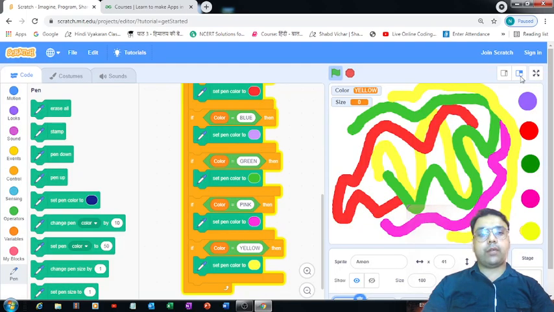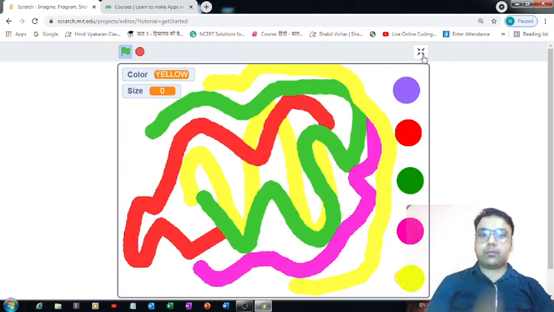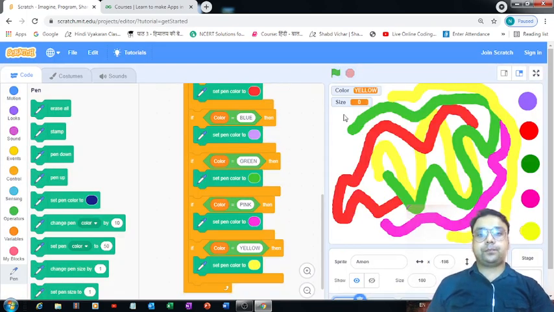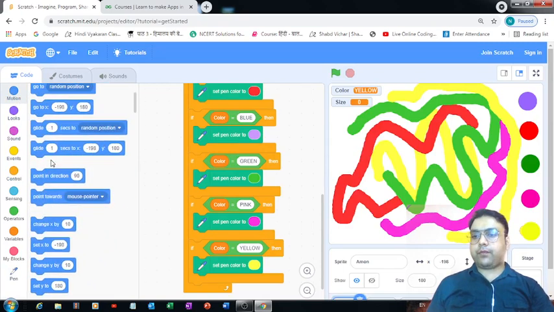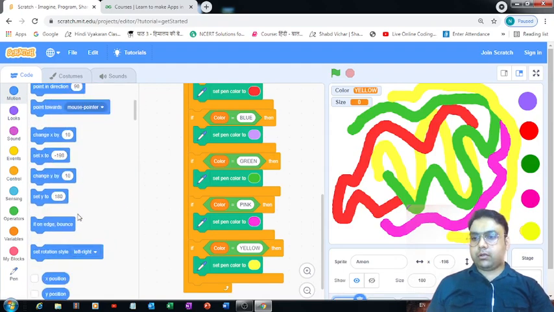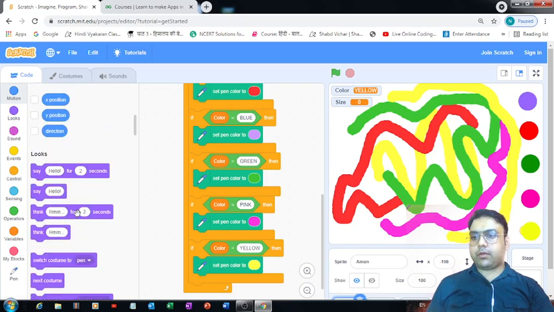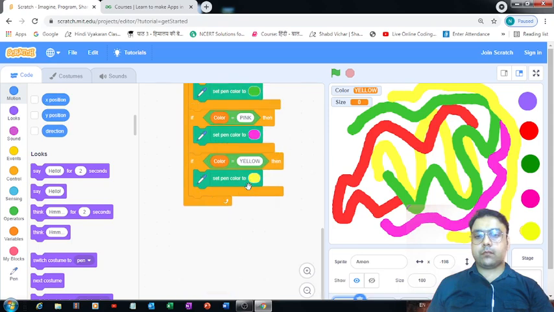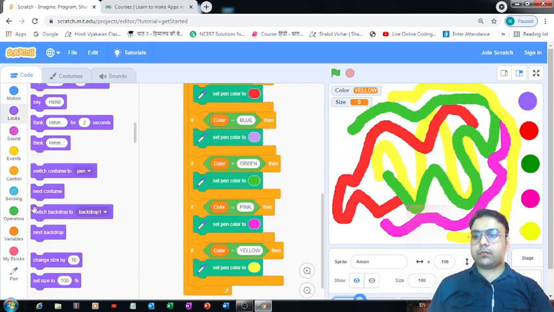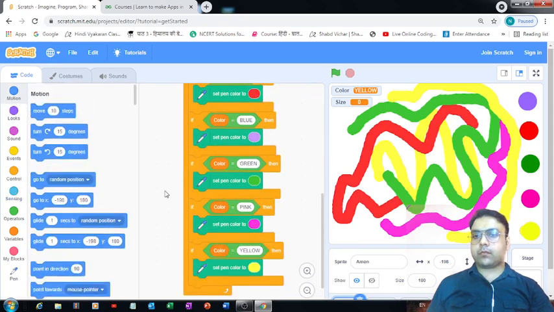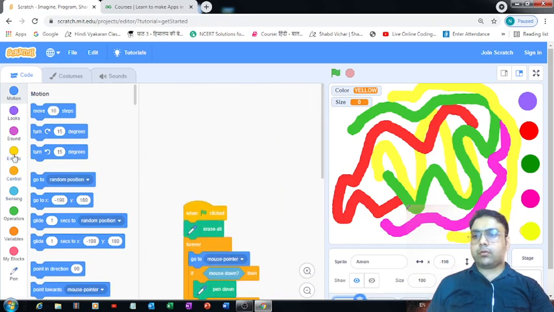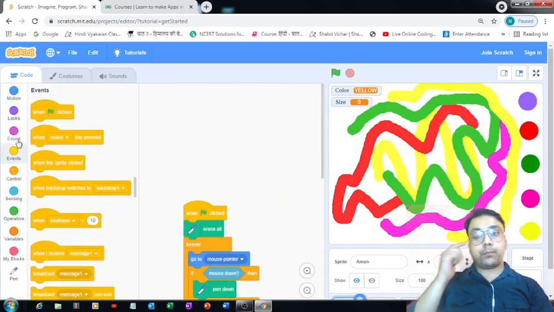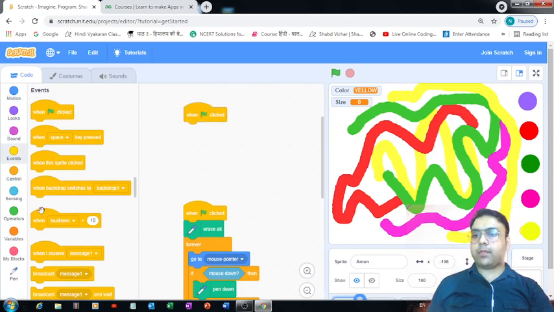Okay, that's great. Now we have to do something for the size of this pen. Let me check if I can do something for this. So we can simply first put this when flag is clicked.